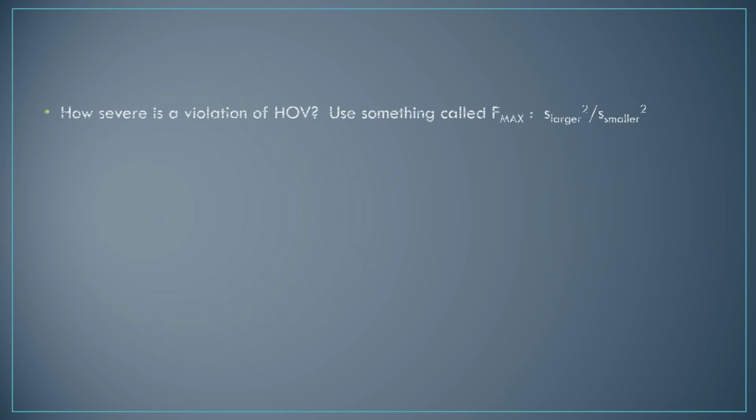This assumption of homogeneity of variance is important enough that there are actually tests to be able to see how severe of a violation you have and be able to make some adjustments. So if you use this F max option to look at how severe a violation of homogeneity of variance is, if your F max is greater than 9, then you have a problem. But there are citations and references where if your F max is greater than 3, you have a problem. And so that's really industry specific and topic specific and also sample specific.